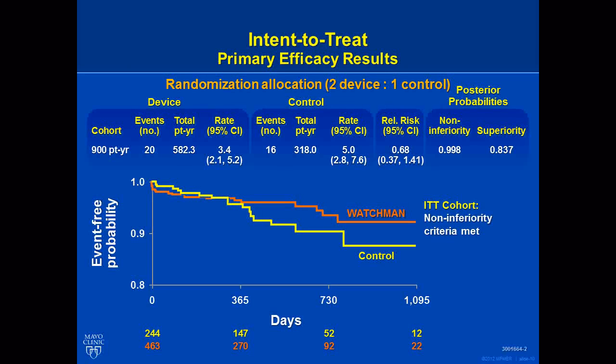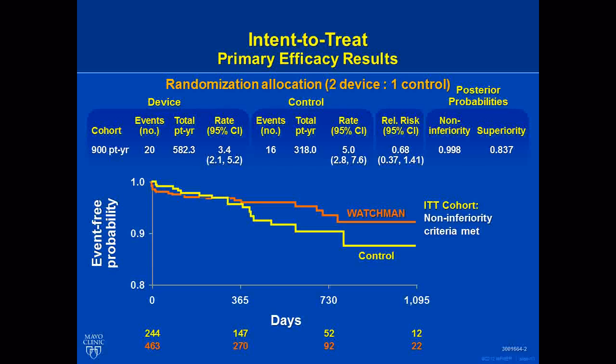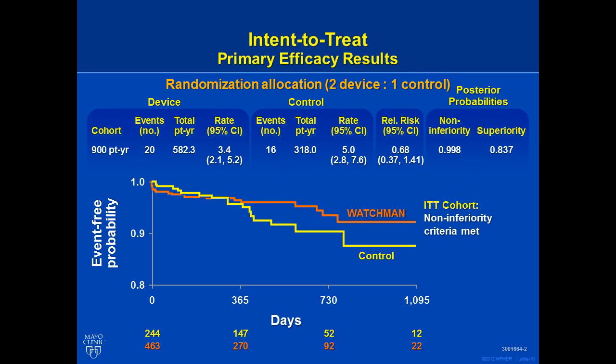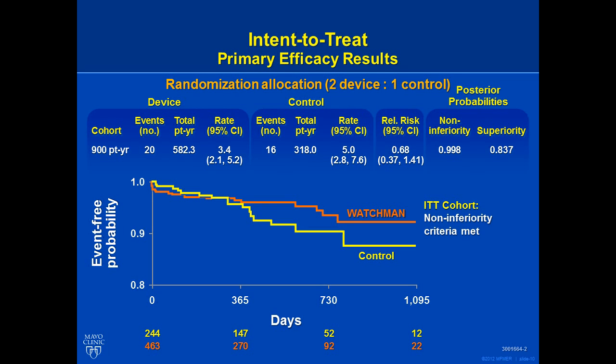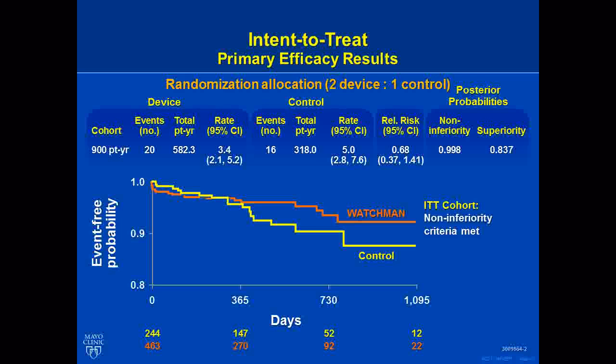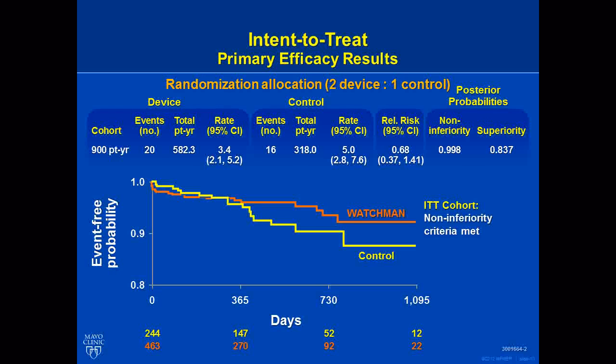You have seen this data on the primary efficacy results, and you can see that looking at intention to treat, non-inferiority criteria were met. The FDA looked at that and said, gosh, there were some patients in whom you said they needed to have the device, but for some reason or other you couldn't put it in. Well, we're going to count those in even though they didn't have the device, because that's intention to treat. There are other different ways to approach it, but the FDA looks at that and says, well, this is intention